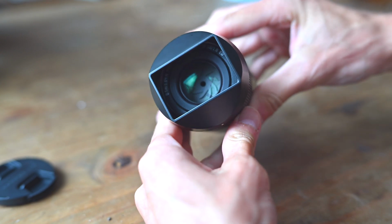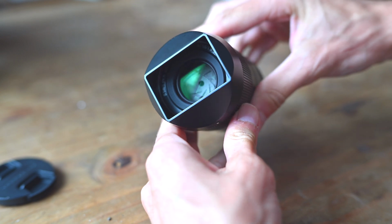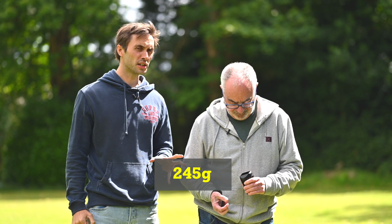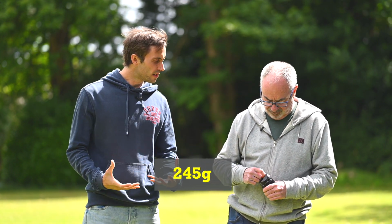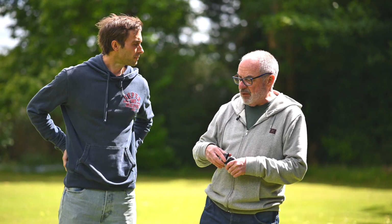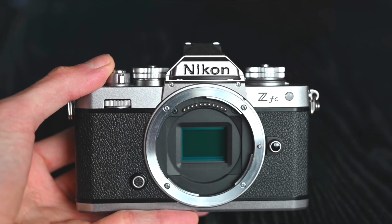So yeah, the build already we're talking about. So it's a metal and plastic construction. It feels really nice in the hand. It's light, I think 250 gram-ish. Okay. And yeah, there's a few strange, quirky designs on this. This is a brand new lens, came out last month. But it's basically built for the Z50 or the ZFC. Yeah, which is a bit strange because...